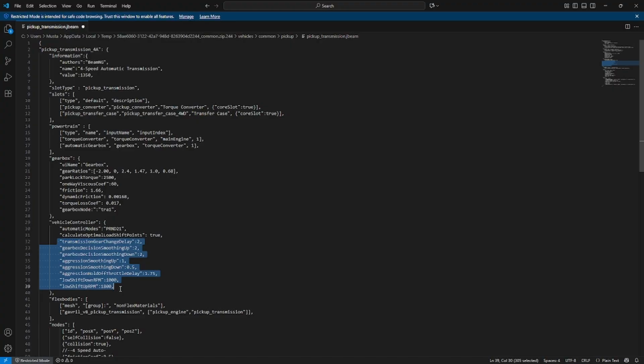This is further transmission tuning. If you really want to get into the nitty gritty and build a really good drag transmission, this is probably where you're going to spend the majority of your time. That's going to be it for this portion of things. Now I'm going to move on to